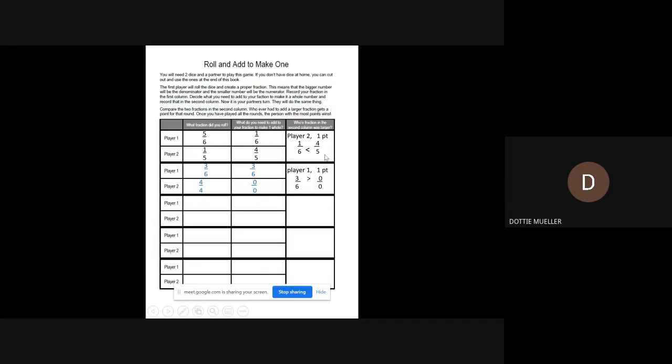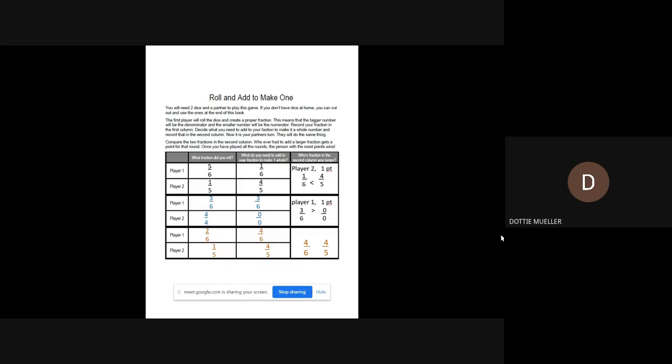In the next round, I rolled a 3 and a 6. To make 3/6 whole, I need another 3/6. And then when I rolled, I got a 4 and a 4, and I don't have to add anything to that to get a whole, because it's already one whole. So therefore 3/6 is greater than nothing. So player 1 gets the point. In the third round,